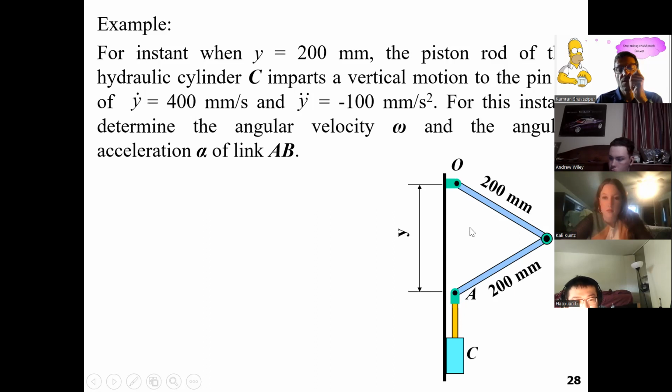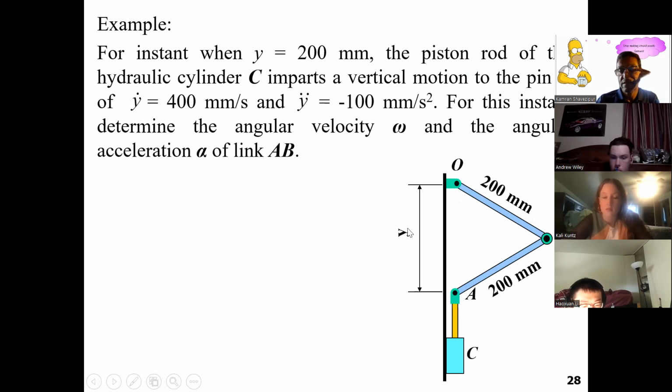So you have certain geometry here. The problem says when Y is 200 millimeter, which means you're going to get 60, 60, 60 angles. But that's general, right? At that particular moment, pin A has a velocity of Y dot 400 millimeter per second,